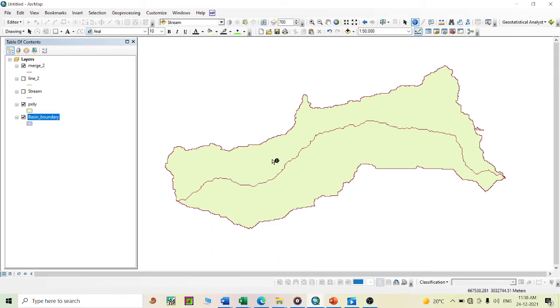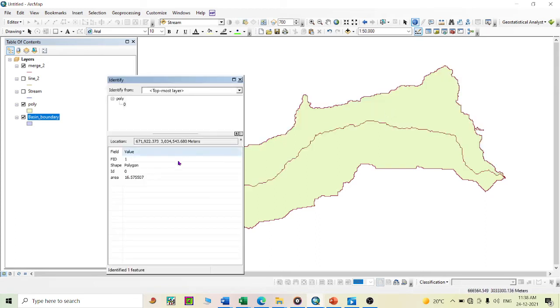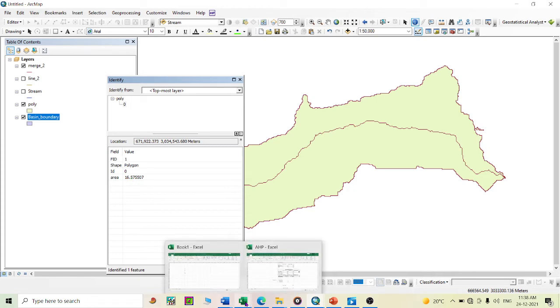And for that, I need the area of the right hand side. So just use the identification tool and click here, and here the area is 16.57.